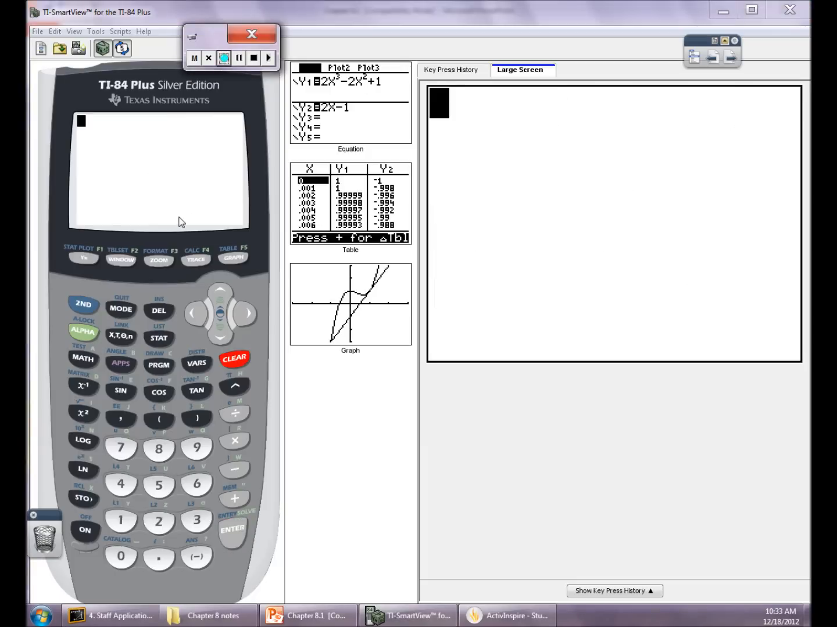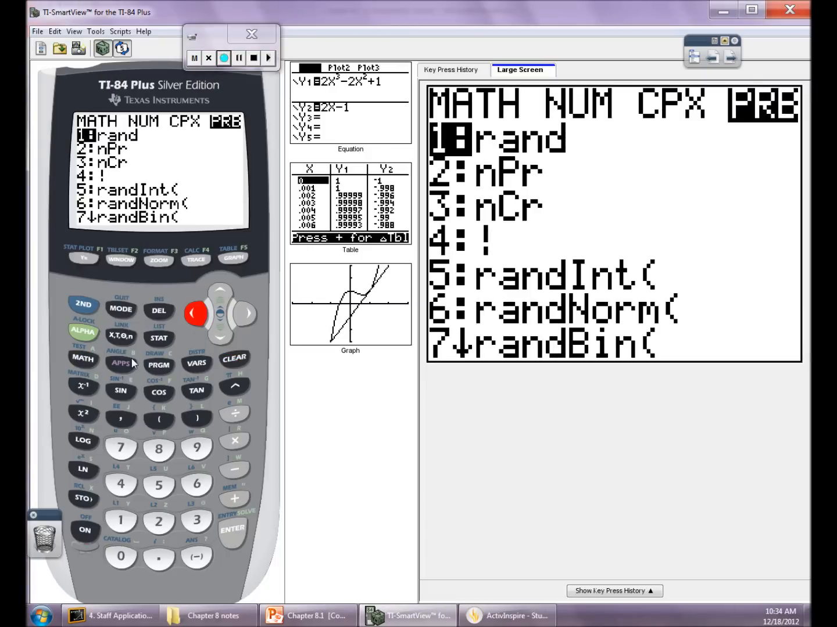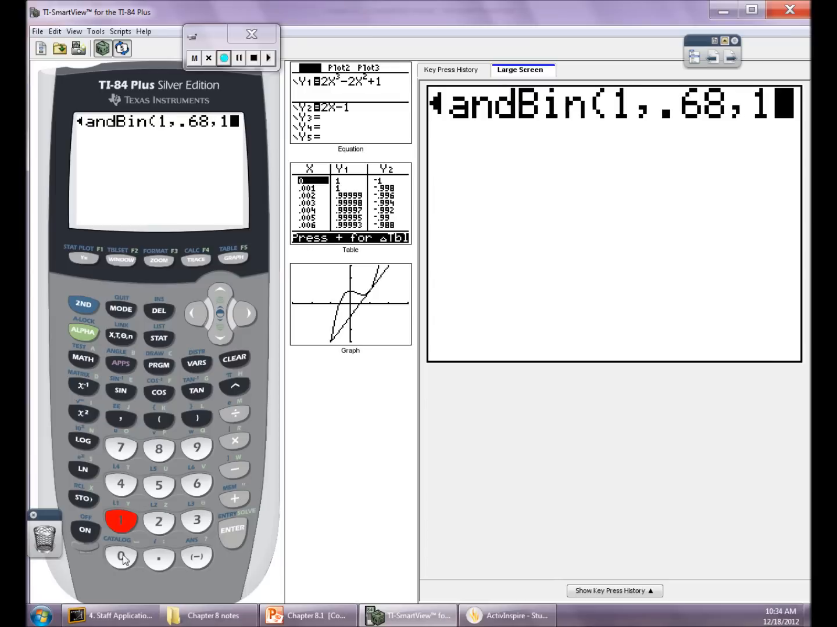Rather than counting all the 1s, I can let the calculator do the summation for me. Here's the key sequence on that. Math, over to PRB, option 7, setting it up the same way as I did before, selecting the number 1, comma, 68% of the time, and selecting 10 numbers, closing the parentheses, I'm going to store that information into second L1, alpha colon,